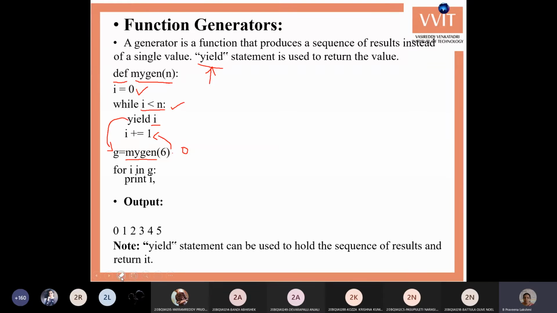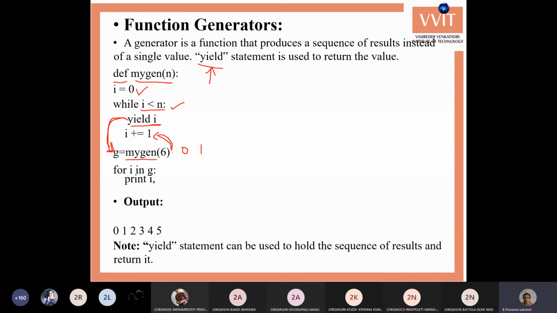Okay, to the next statement of the yield, and it increments the I value, I plus equals 1. I becomes 1, and then it checks the condition I less than n or not. I is less than n, so it executes the yield statement and again returns the next value to the calling program. So you'll get the next value as 1.